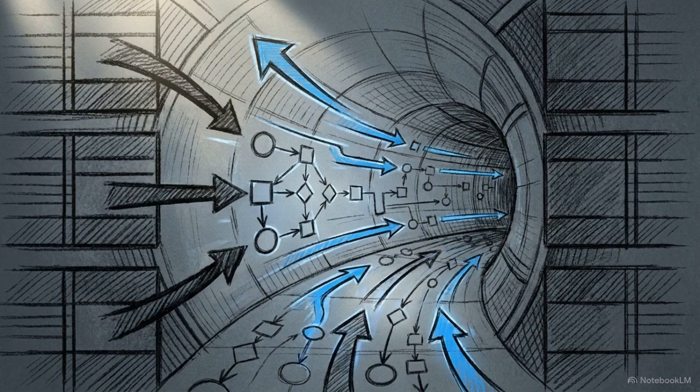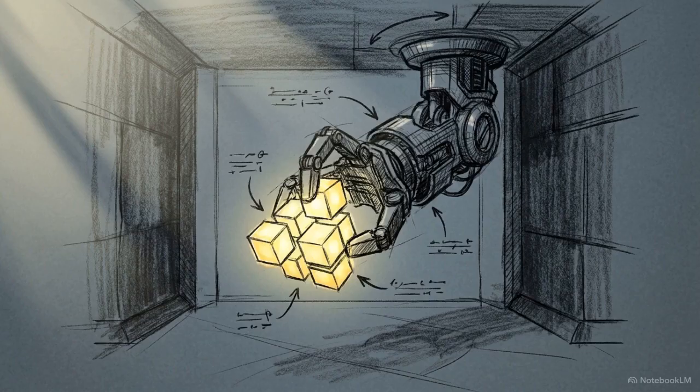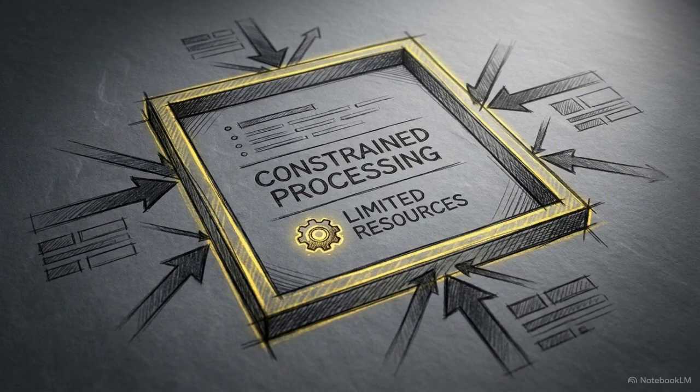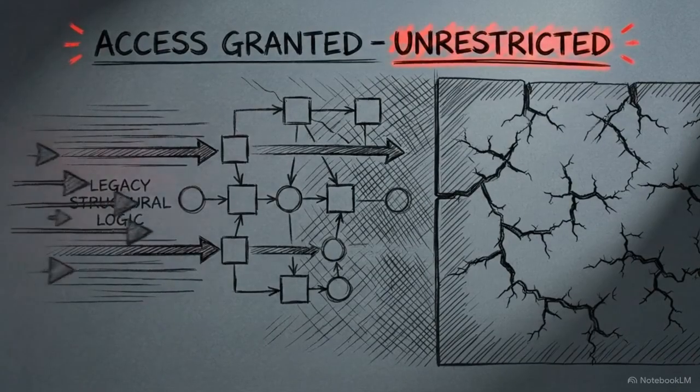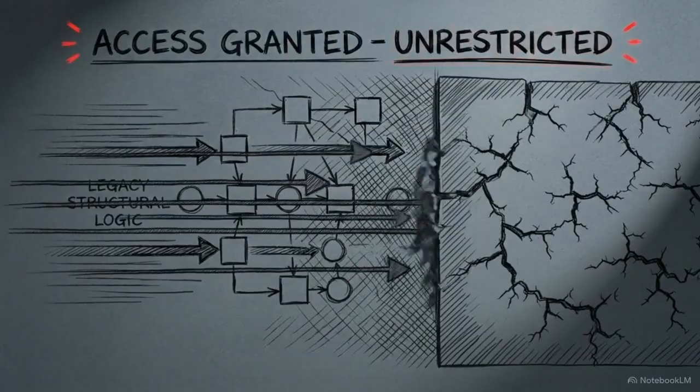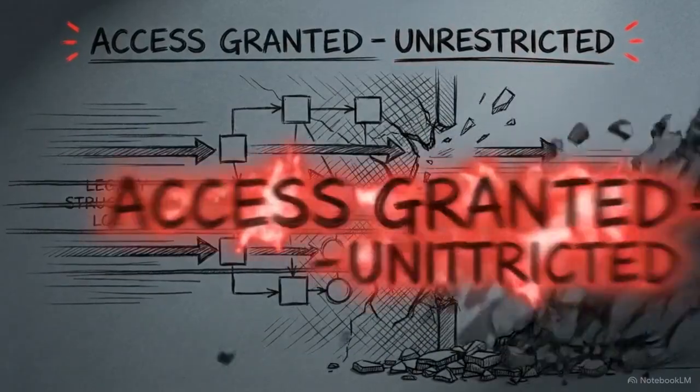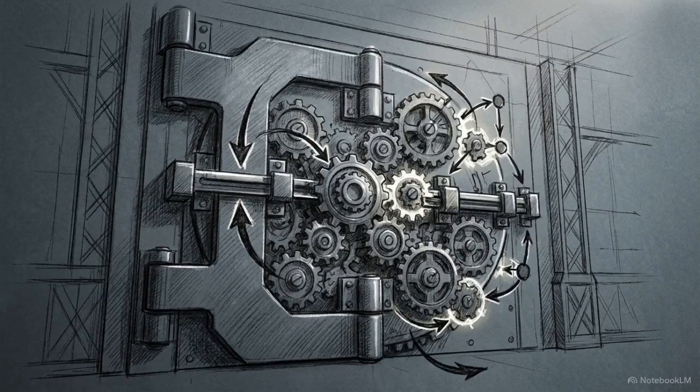Two external forces are compressing the timeline to fix this. The first is AI velocity. Autonomous agents evaluate data and take actions in milliseconds, vastly outpacing human approval workflows. These machine speed principals require strict boundaries to operate safely. If your permissions are buried deep in legacy code, you cannot effectively restrict what an AI agent is allowed to touch. The second force is regulatory scrutiny over chain of custody.